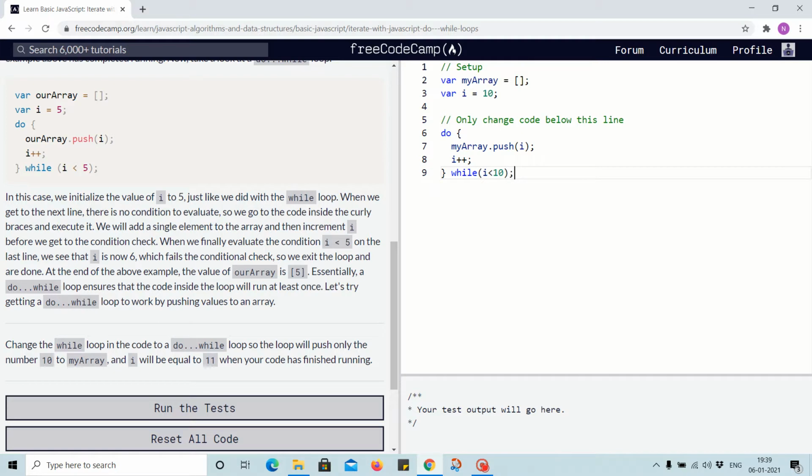So it's already i equal to 10. So the loop will push only the number 10 to myArray, and i will be equal to 11 when your code has finished running. So i++ means it will be 11, and since while i is less than 5, or 10, or whatever we want to do, because of that it should work.